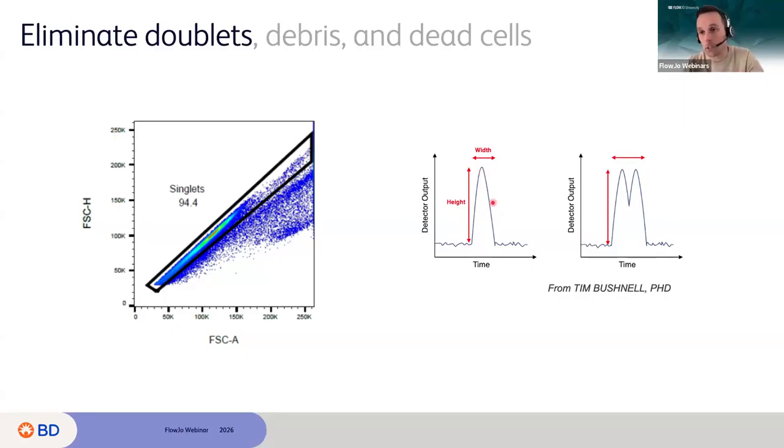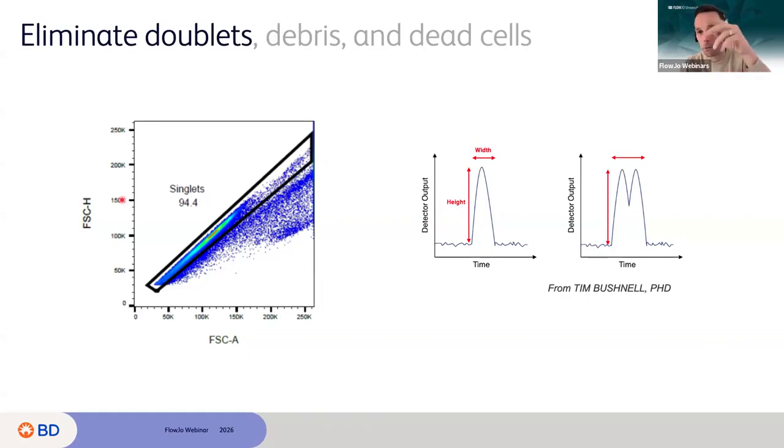And after the cells leave the laser, you go back to baseline. This electrical pulse can be characterized by three values: the height of the pulse, the width of the pulse, and the area of the pulse. That's what you see when you see forward scatter A, forward scatter H, forward scatter W. So A, H, and W in every parameter on your instrument correspond to the height, the width, and the area of your pulse. Now, if you have two cells crossing the laser at the same time, being a doublet or multiplet,